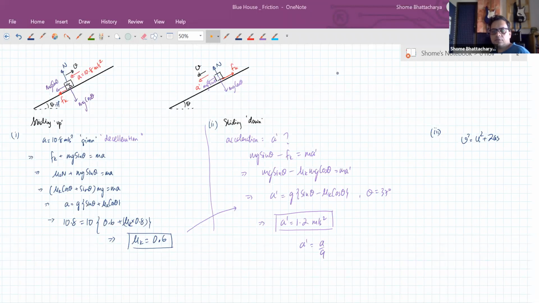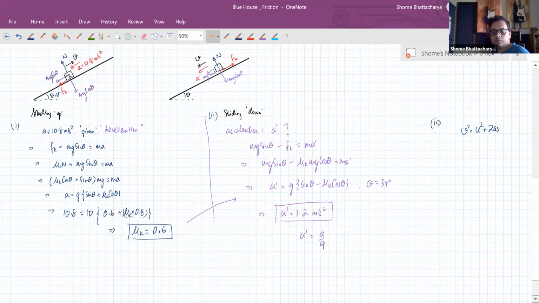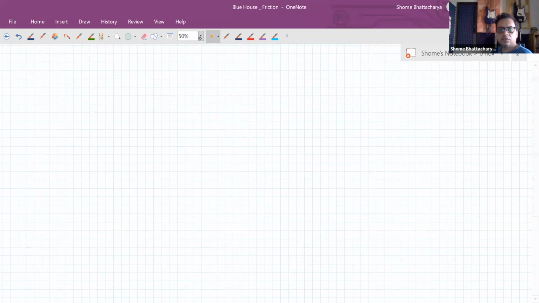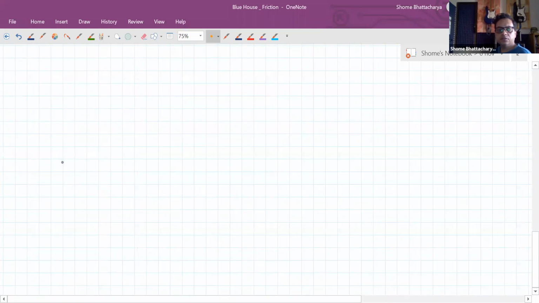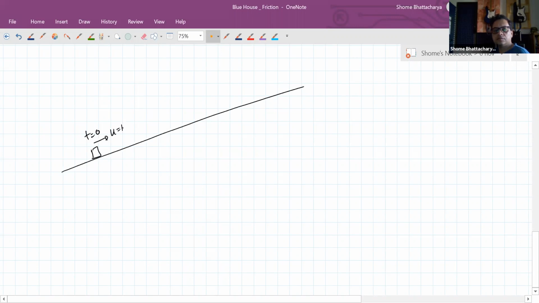Okay, so got the last part now. So for the third part, can directly use this. Let's say t equal to 0 when it started. At that point of time it's decelerating at the rate of 10.8 meters per second square. So it goes up decelerating till at some instant of time t equal to t1, let's say, it comes to rest momentarily. So during this time the maximum displacement upwards,